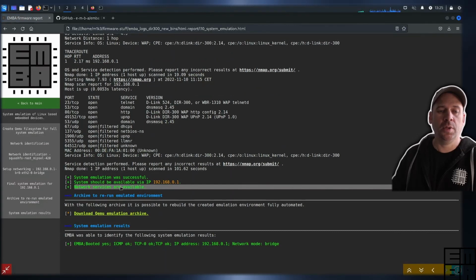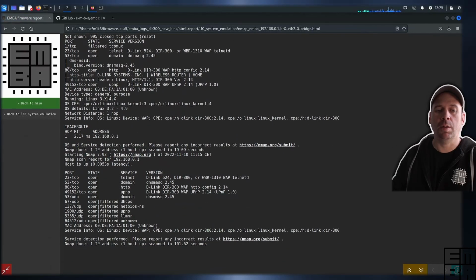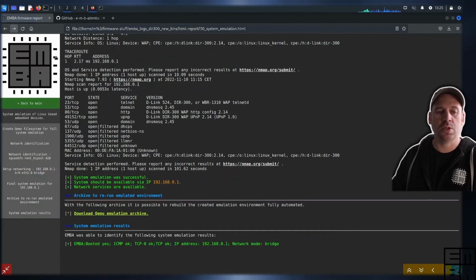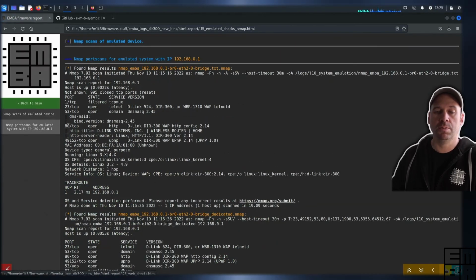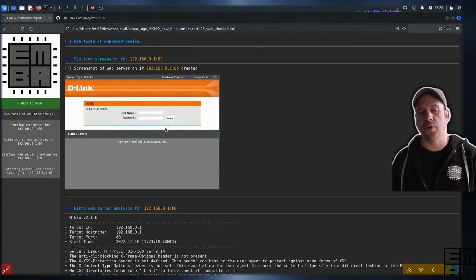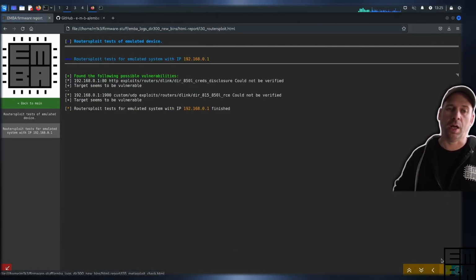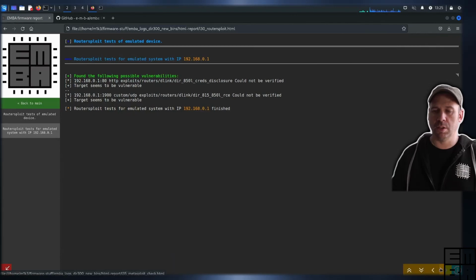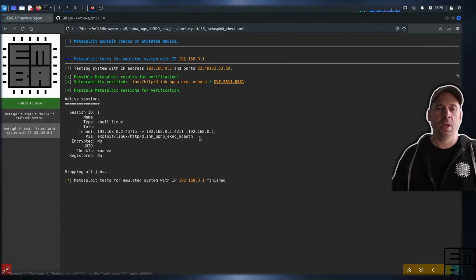And you can see that network services are available. So the Nmap port scan has found different network services. You can download the emulation archive for further verification, or you can just walk through the report. For example, you can see a screenshot now from the web interface. And we can walk through this a little bit further. Give me a second. Here you can see the